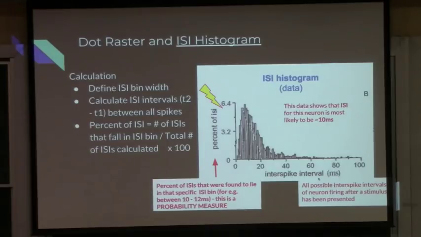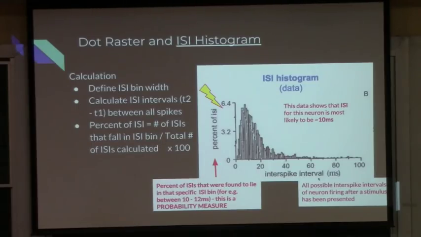What I would do is first calculate the ISI, so T2 minus T1, T2 being the second firing and T1 being the first one. So calculating the time interval between each firing out of the different time intervals that have been given to you in the question. Then I would calculate the percent of ISIs, so the number of ISIs that fall within a certain ISI bin. Once you've decided on an ISI bin width, you look at how many of the ISIs that you've calculated from the data about this neuron's behavior fall within a certain bin width,